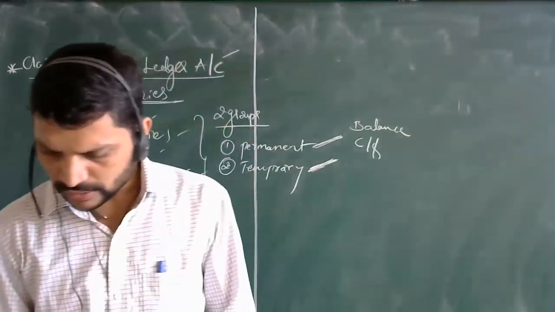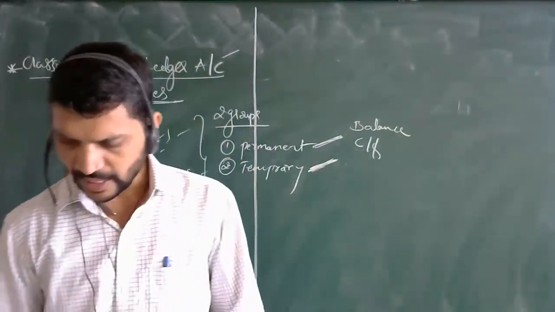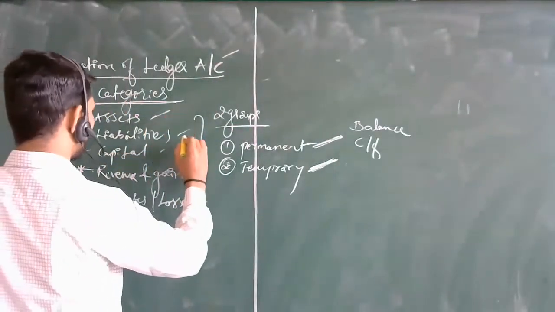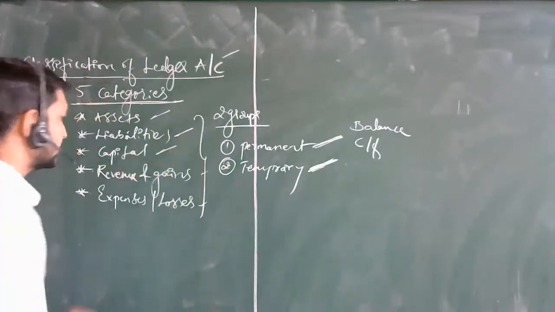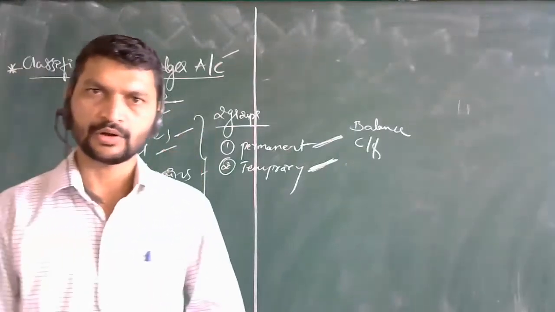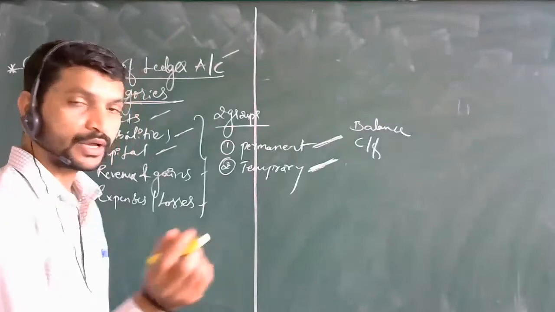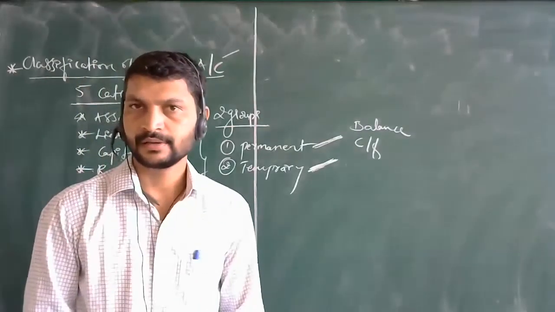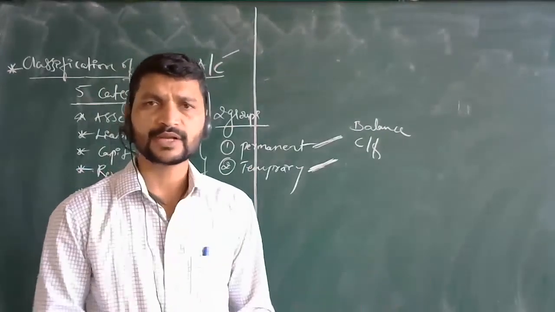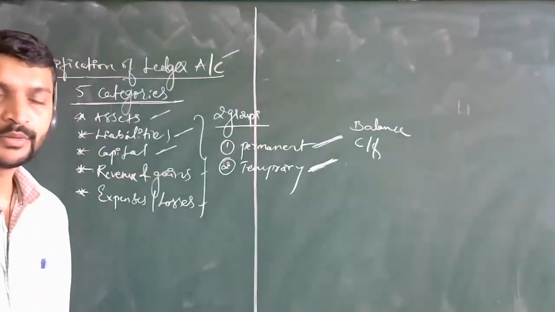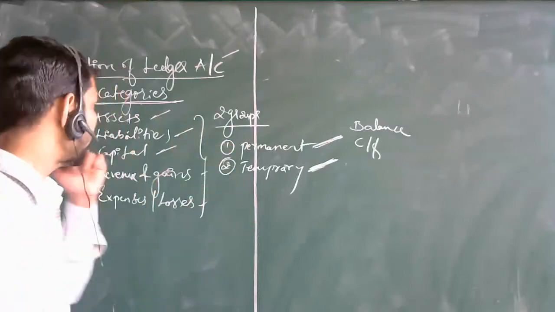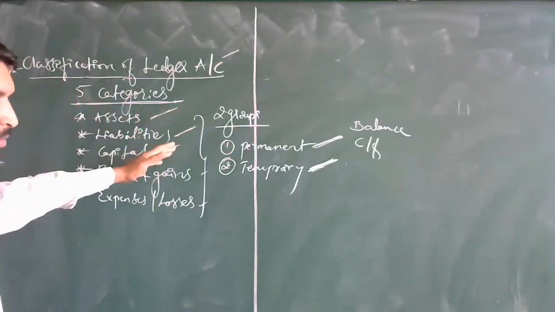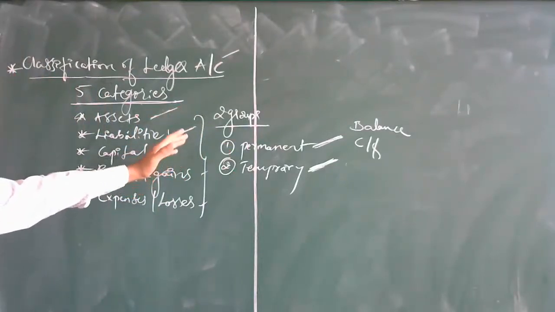Thus, all assets, liabilities and capital are permanent. Now see, most probably these assets, liabilities and capital are permanent. How can we understand this? I told you, in assets a few of the things are temporary, just like in a short period of time the transaction ends over here, but it is continuous. So we can say that these things are permanent. Assets, liabilities and capital are your permanent accounts.